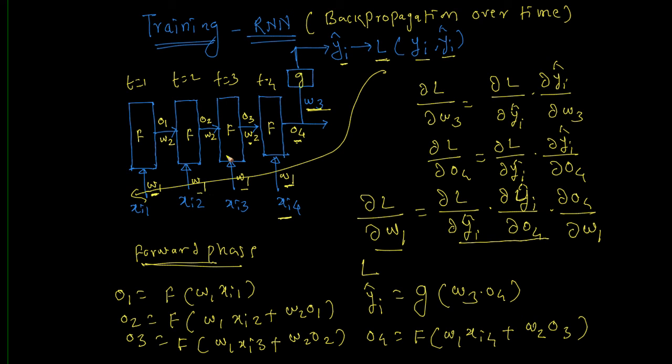These are not layers, they are time steps. The same neural network is being fed with a different input at each time step. If there are, say, 20 time steps, you'll be multiplying a lot of partial derivatives, and if the activation units here are sigmoid or tanh,